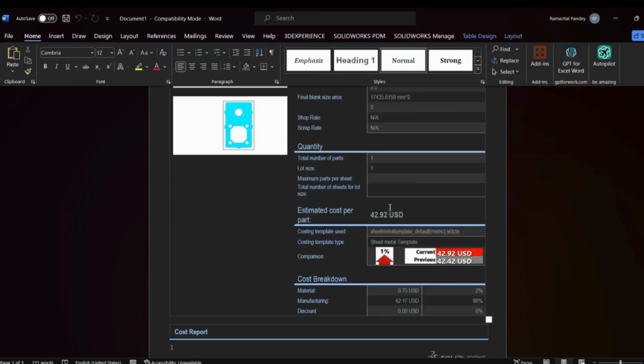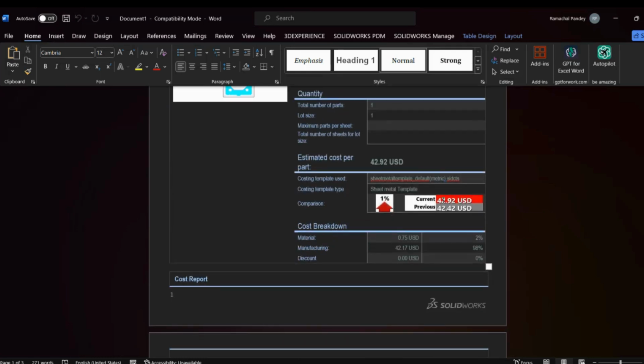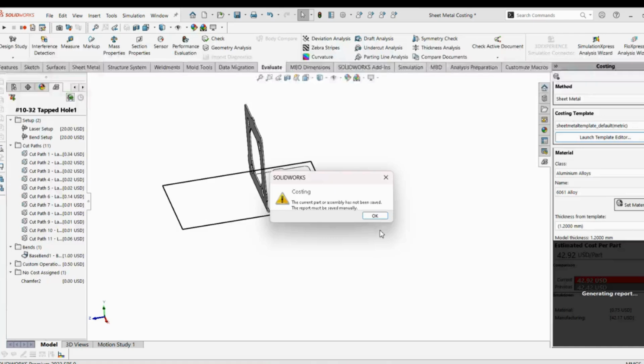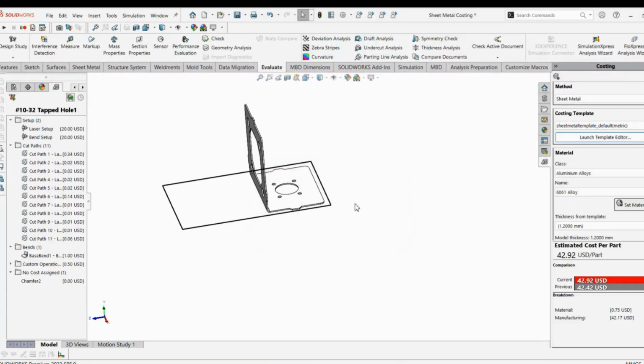Accordingly, you can read all the details mentioned here and easily generate the costing report. After generating the report, you can save the file and send it to the respective person. So we have covered a lot of